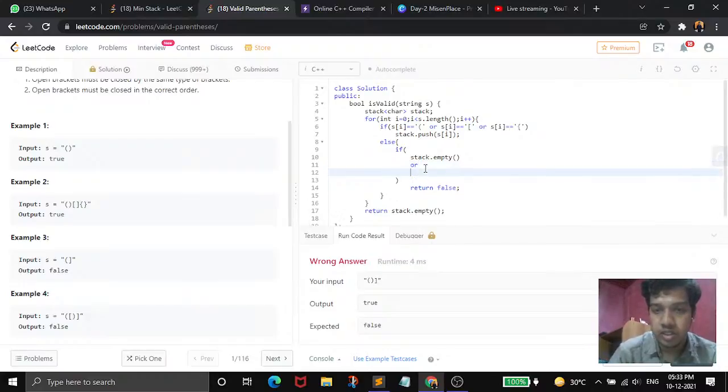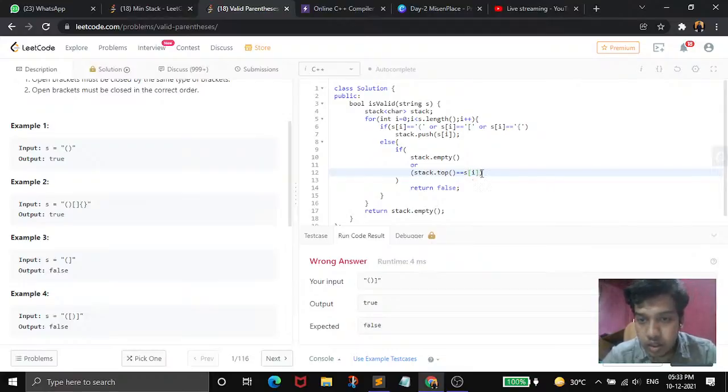Here also we are going to use the same thing. So what we have to check here is if stack dot top, which is the topmost value of the stack which we have just pushed, is equal to s of I, or the value which we have pushed is a closing bracket, then we have to check something.